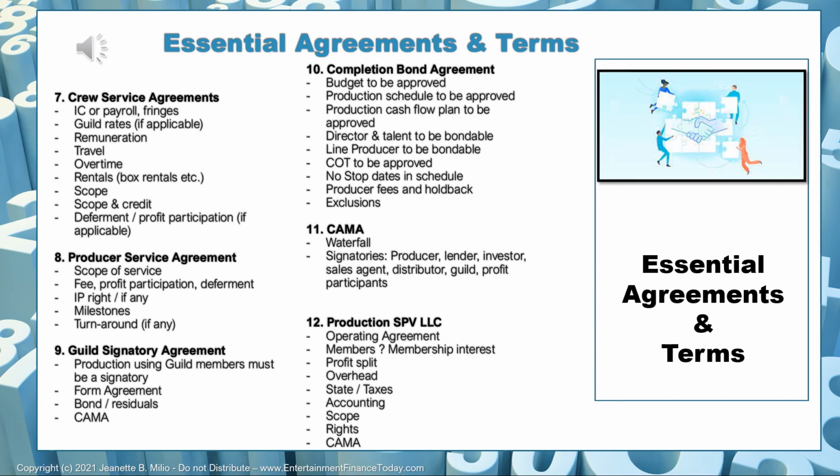You would discuss a rate with every crew member, and often those rates are based on the guild rates that are applicable where you're shooting. You can do a deal with the guild to say, I'm doing a low budget movie, I want a special low budget guild deal, and then you can potentially use union crew for a lower rate. But you can only do that if the guild allows that. So that's a conversation to be had early on with the applicable guild that you might be working under. So you talk about travel, if there is travel, you talk about overtime. That is usually handled by guild rates as well.